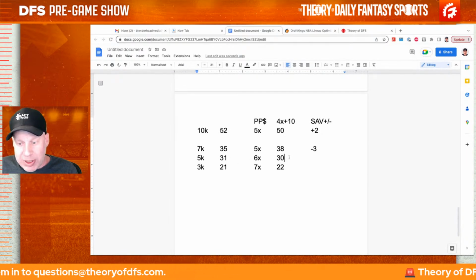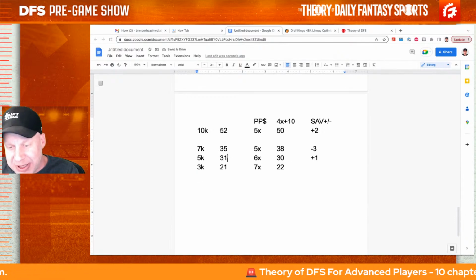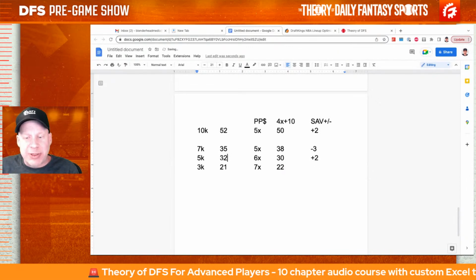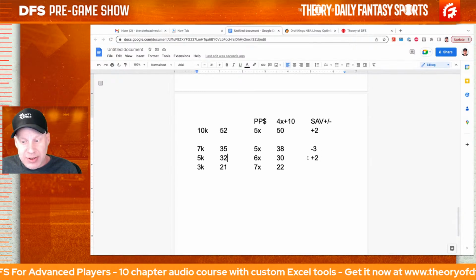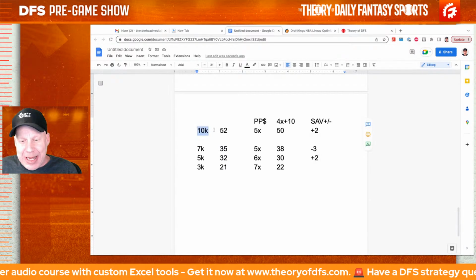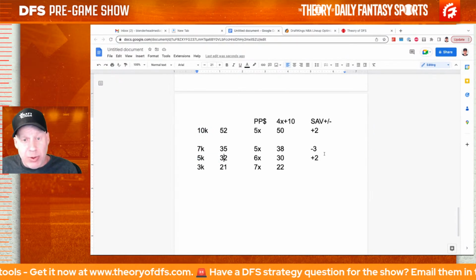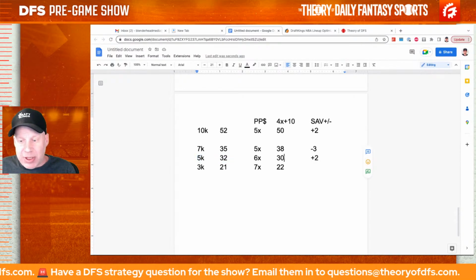He projects for 31, so his salary adjusted plus minus is +1. But let's say it's +2, so I can make a point. Let's say his projection was 32, and the baseline expectation was 30. So he's +2. Does that make this 10K player and this 5K player equal? They're both at +2. No, actually, the 5K player is a little bit more valuable,